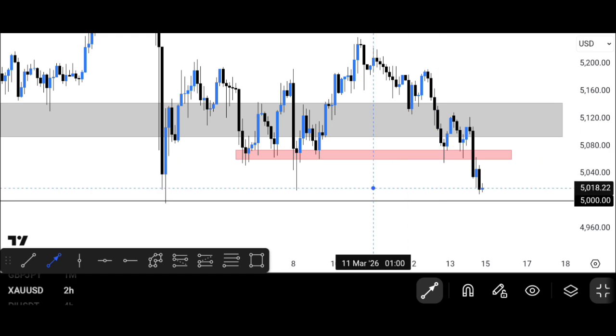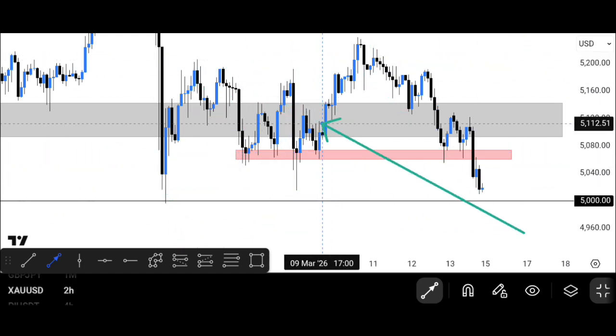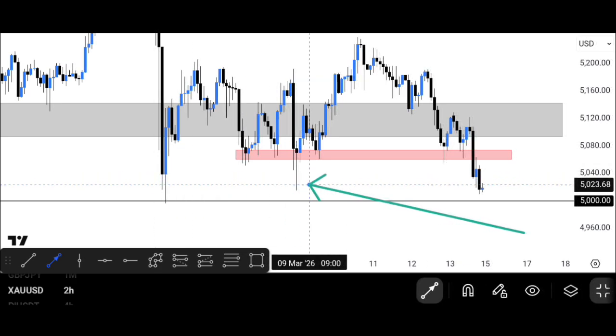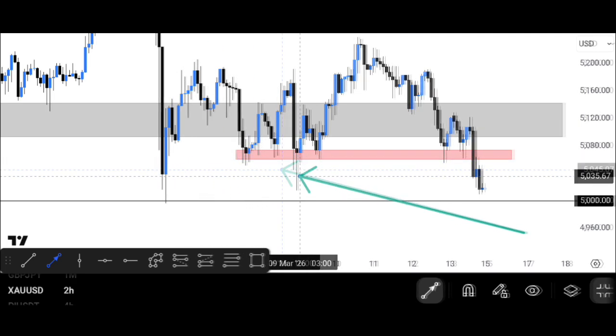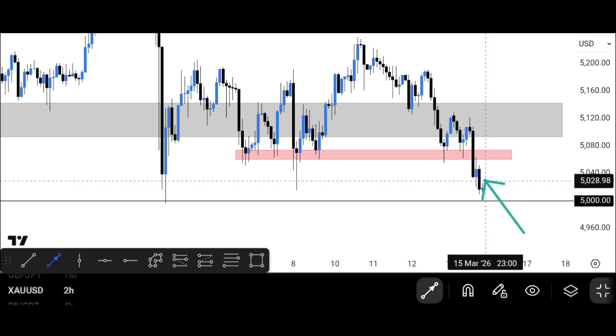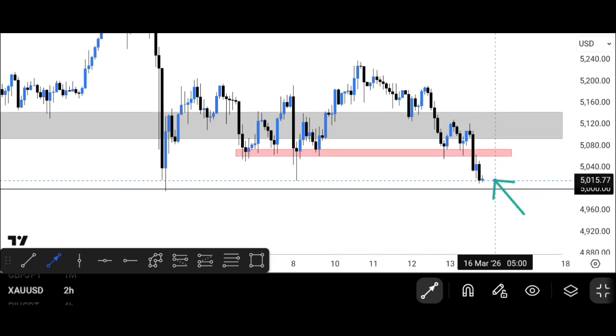We've already had all this price action, just trying to make lower lows and failing. We fail here, we just make equal lows here. Then we push all the way down and we are now below this zone. So I think from this zone we should potentially make a new lower low zone. I don't think we are going to retrace all the way up to this zone, but that does not dismiss the fact that it can happen.